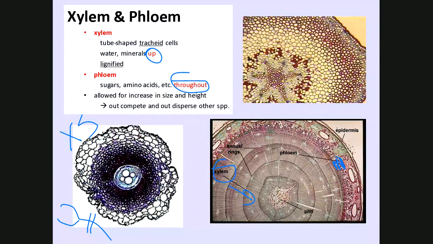So now you've got the ability to grow tall, right? You're a tracheid. You can outcompete. You can outdisperse other species. Again, it may not have been an earth-shattering change, but it was just enough to give you an advantage, right? So we have the sporophytes becoming dominant, and one of the reasons they're becoming much more dominant is the fact that we got tracheids now. We got these vascular tissues, so these plants can grow tall.